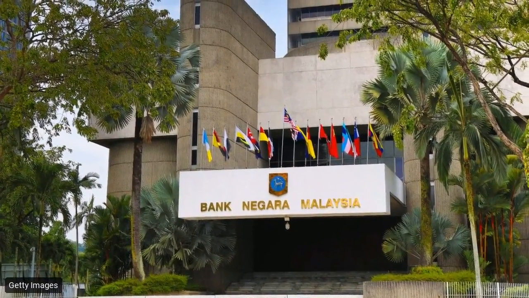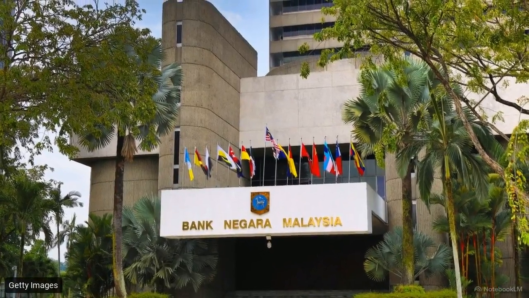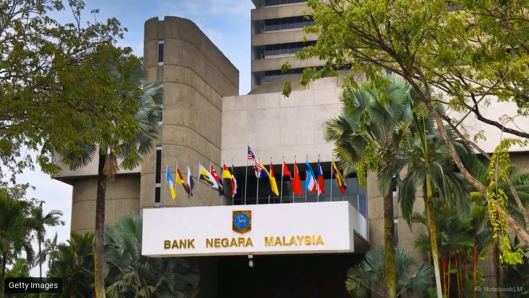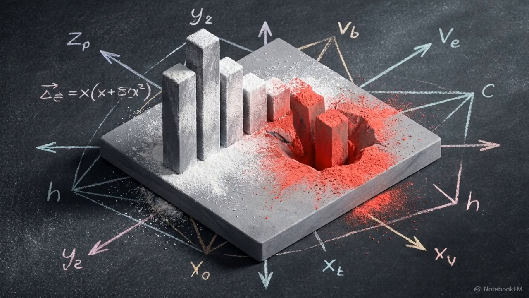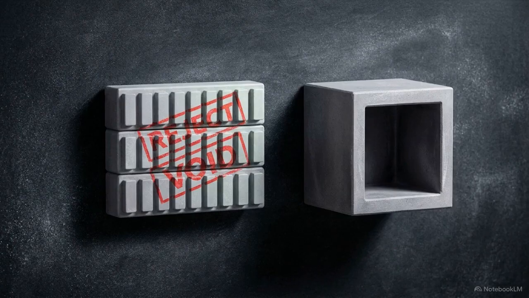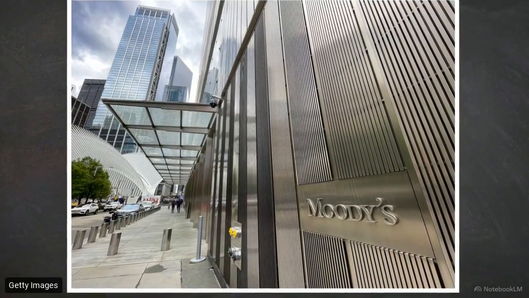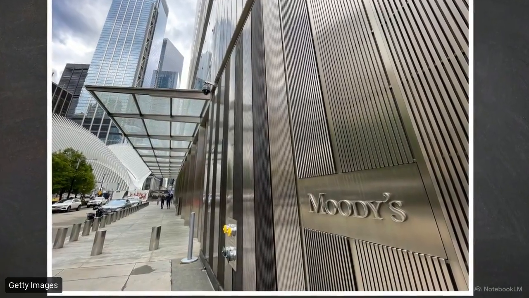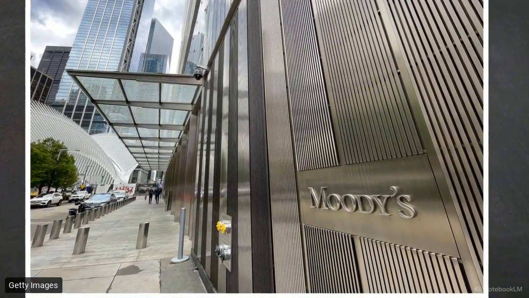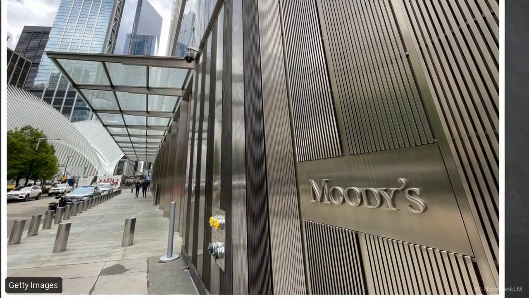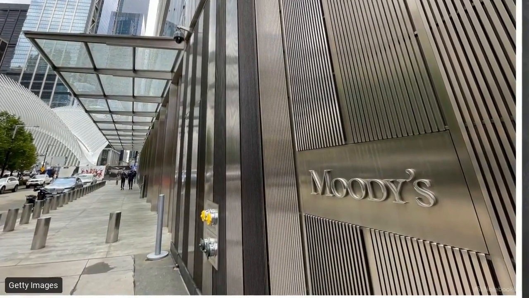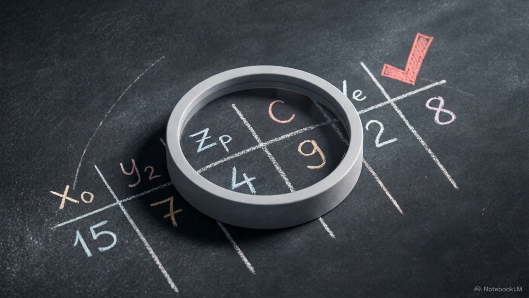Because government bonds are backed by national taxation, they carry extremely low default risk. Corporate bonds, however, are tied strictly to a company's future operating earnings. If those earnings falter, the corporation risks defaulting on its coupon payments. To accurately price this uncertainty, the market relies on independent credit rating agencies, institutions like Moody's, Standard & Poor's, or Malaysia's RAM Ratings and MARC. Their sole function is to evaluate a corporate issuer's financial health and quantify their probability of default.